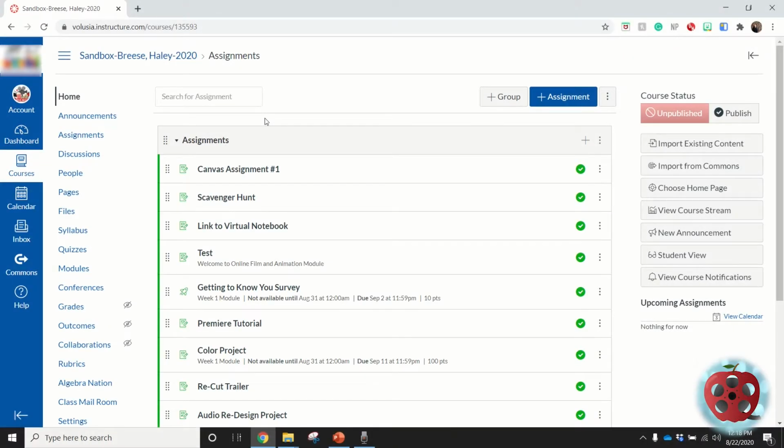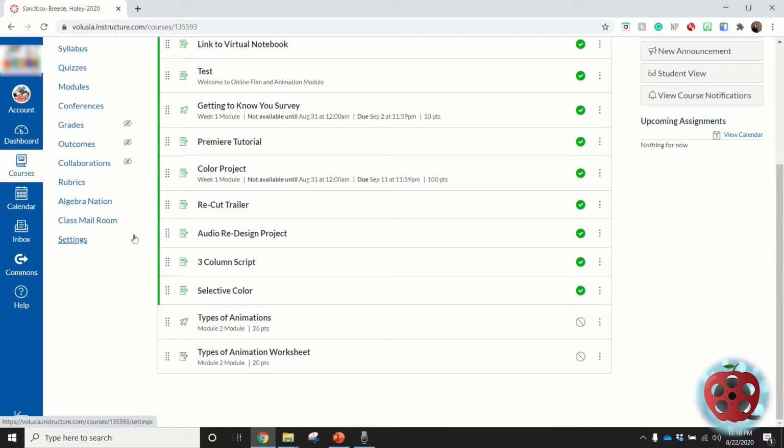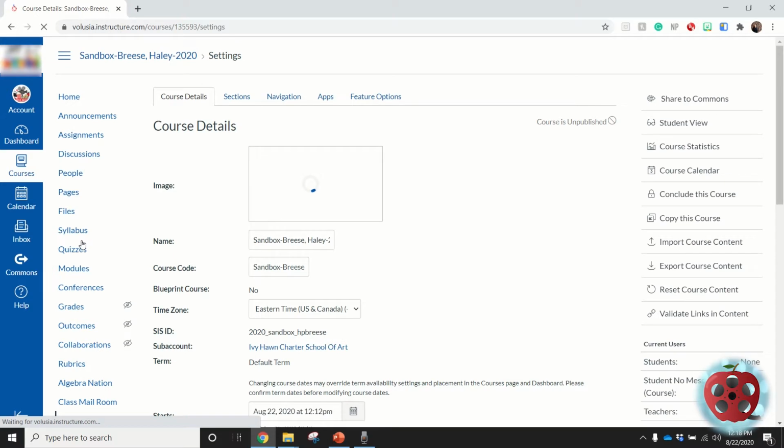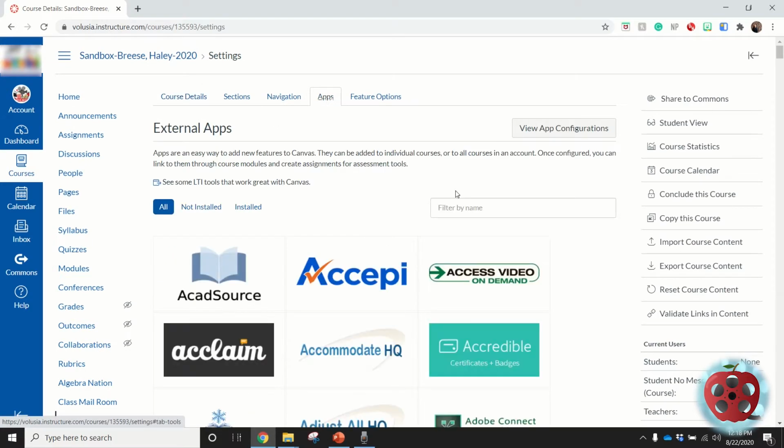Alright, so for this video, I'm going to show you how you can create your own link in the navigation tab for whatever content you'd like the students to use. So to do this, we're going to go to Settings. I'm going to go to the Apps section, and I'm going to look for